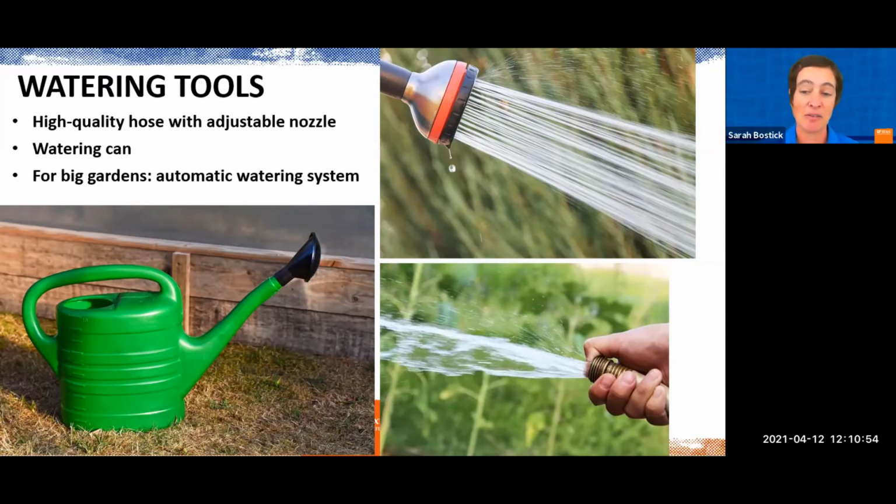I know that I have wrestled with tangled, horrible old hoses and watering cans that get clogged up with leaves and things that leak and drip and just kind of generally drive me crazy. So if you are in that category of getting easily frustrated by tangled hoses, it is well worth it to put some money into a watering system that's actually going to work better for you and not be a source